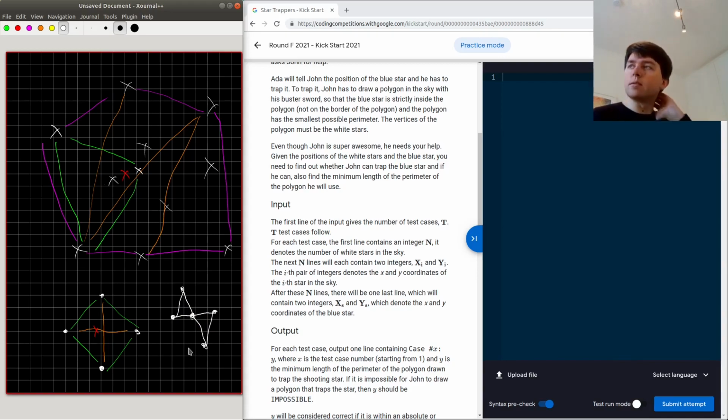Can the resulting polygon be non-convex? Actually, that's an interesting question. So a non-convex polygon would be maybe something like this. We have here this non-convex edge. But I think in that case we can always make basically the area bigger,